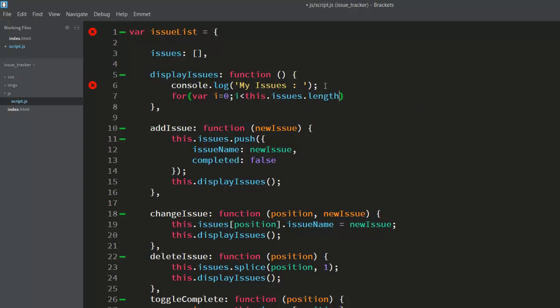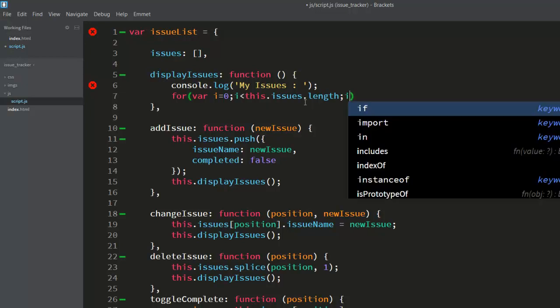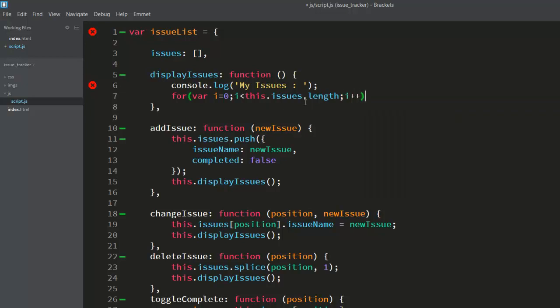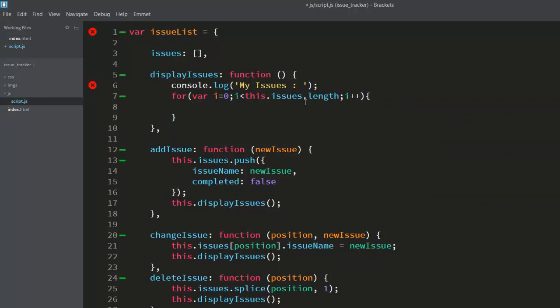This length function I'll use. Let's say for example, if we have three issues available over here, then issues length is going to be 3, right?